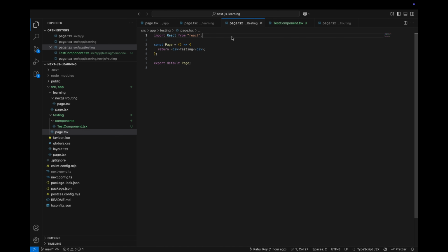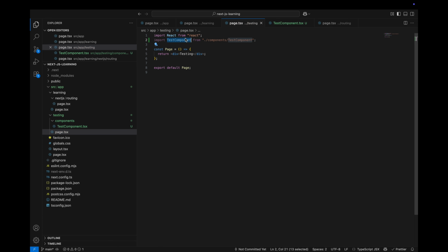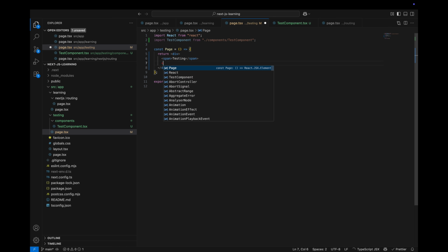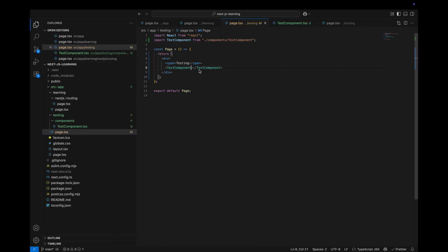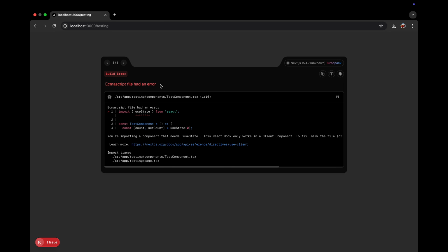So once we are done with this test component, we can go ahead and import that inside our page.tsx for the testing route, and render that beside our existing content. We can just move this inside a span and place our new component here. Now, if we save and move to our testing route, you can see that it throws an error, and it says,